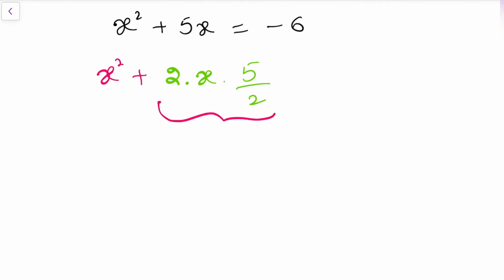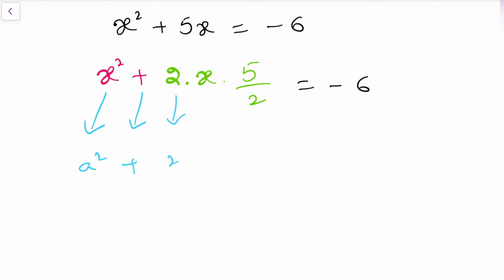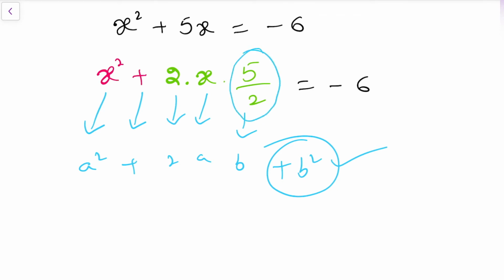Okay, now the right side part I will keep as it is, equals −6. Now, if we compare the left side part, this is a², here a plus symbol is there, this is 2, this is a, then this will become b. So the left side is in the form of a² + 2ab. To make it complete, we still want b². a² + 2ab + b² is the formula. So we want b², right? So here b is nothing but, clearly we know, 5/2. The b value is 5/2.